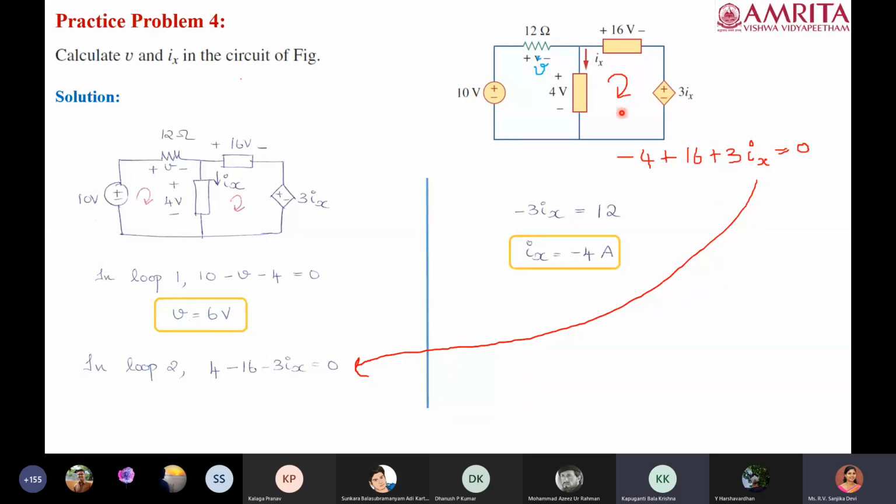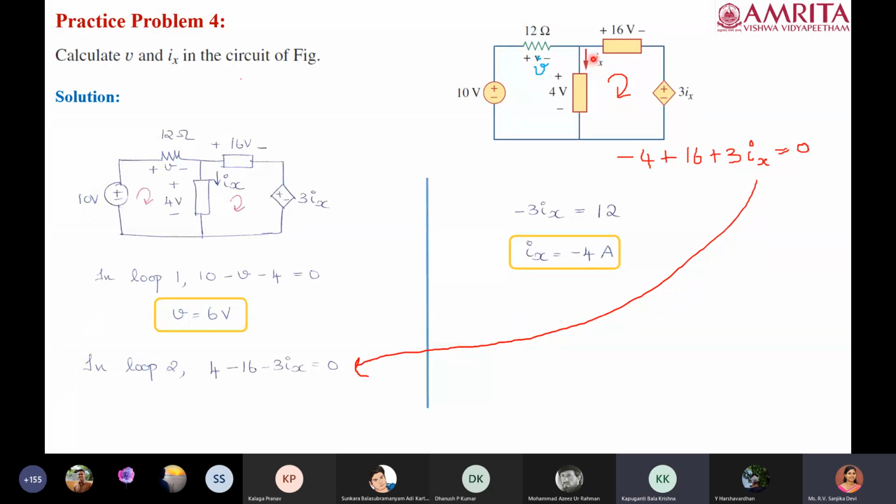Okay. If we take the direction as the given direction, then it will be positive. Wait, just a minute. See here, Ix direction they have already given in the numerical, right? If you see the first circuit, Ix is flowing downwards. And when we solve, we are getting the answer to be negative, which tells that the current is actually flowing in the opposite direction. So it means that the direction they have given is not correct. It has to be flowing in the opposite. That's it. Okay, thank you.